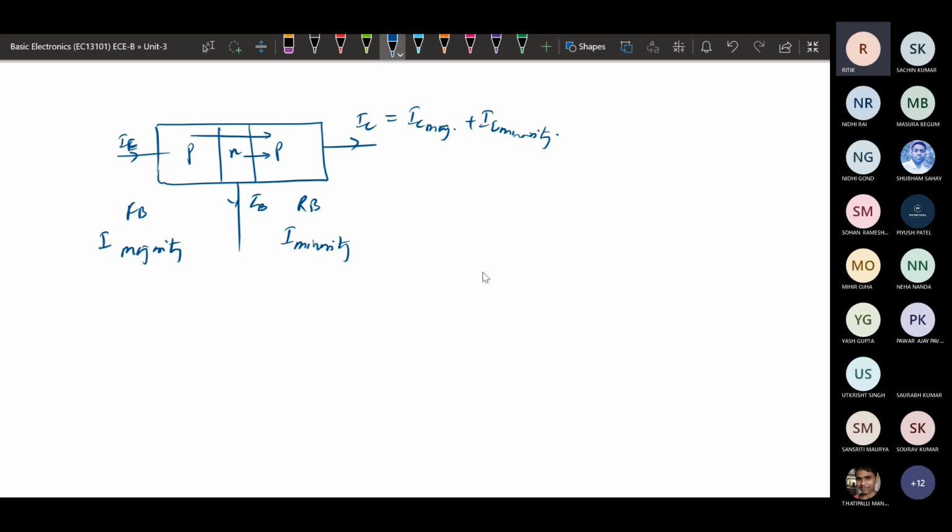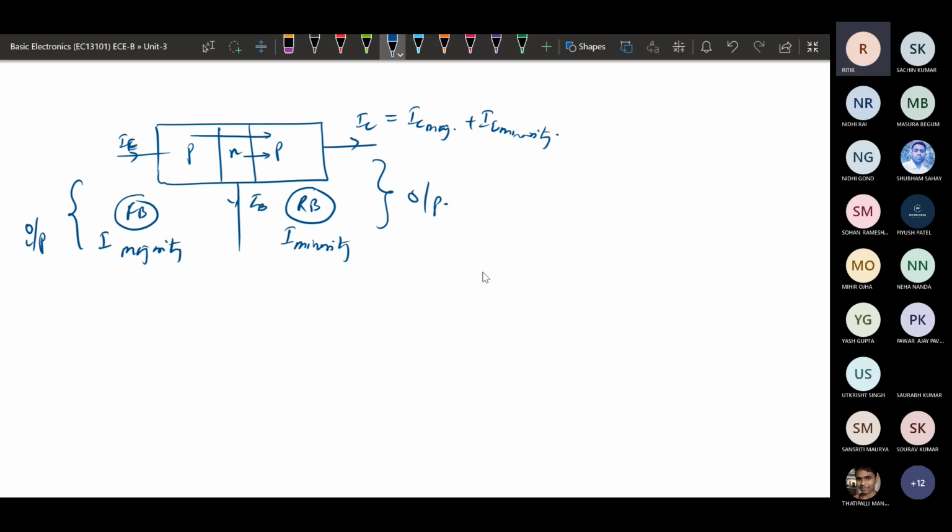Also, this input region needs to be biased in the forward region, and this is considered the output region, the output terminal, and this is the input region. So the input region is forward biased and the output region is reverse biased, and the overall current flowing will depend on the majority as well as the minority carriers.